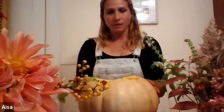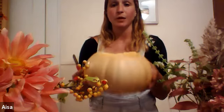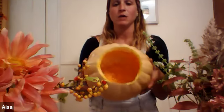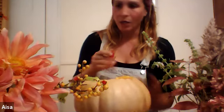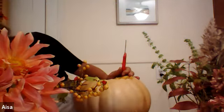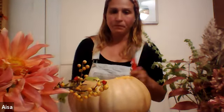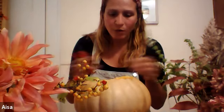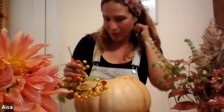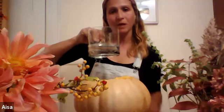So first step, what you need to do is carve your pumpkin. Now I carved out, I just cut a hole in the top, and I used a large spoon to scoop out all of the insides. And you want to get all of your innards out, all the seeds and all the flesh of the pumpkin,